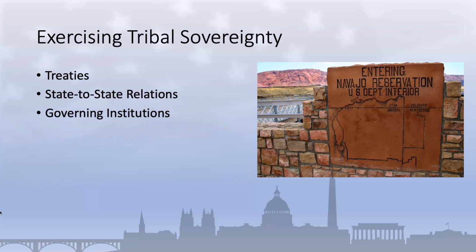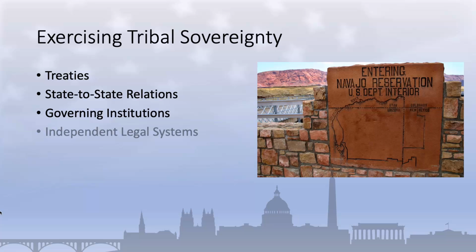Many tribes have established their own governing institutions to exercise self-determination and manage their tribal affairs. Tribal governments typically include executive, legislative, and judicial branches that enact and enforce laws, regulate business, and resolve disputes. The Navajo Nation, which we touched on earlier, is an example of this and has a comprehensive government structure that includes all three branches of government as well as a well-functioning bureaucracy which runs the day-to-day affairs of the tribe.